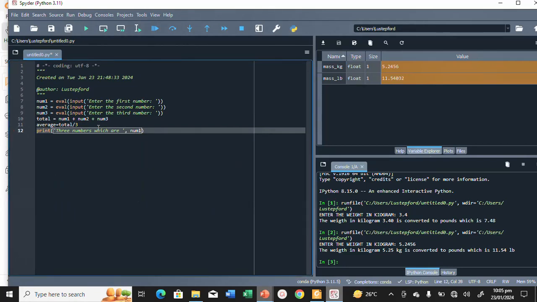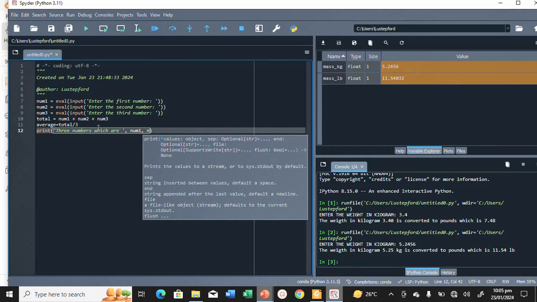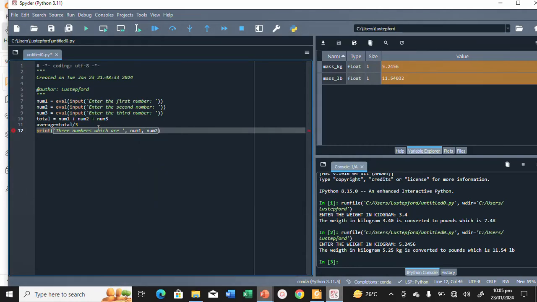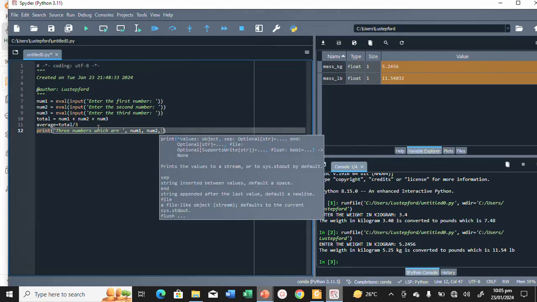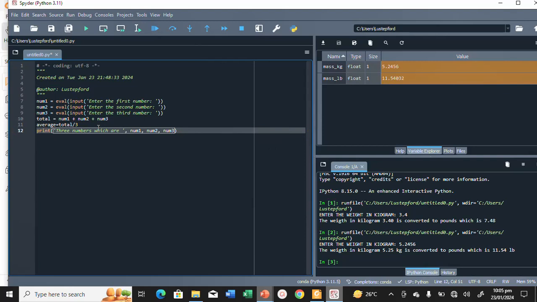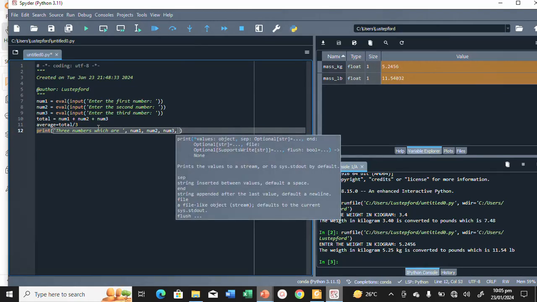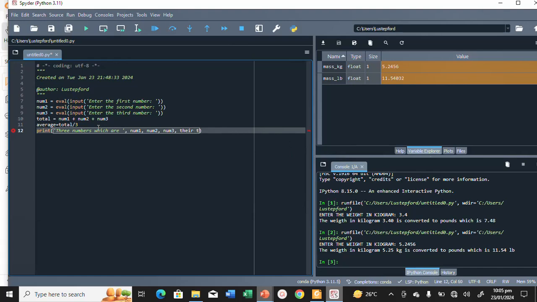number one, comma, number two, comma, number three, comma, three numbers which are, number digits there, the total, the total, sorry, the total is now